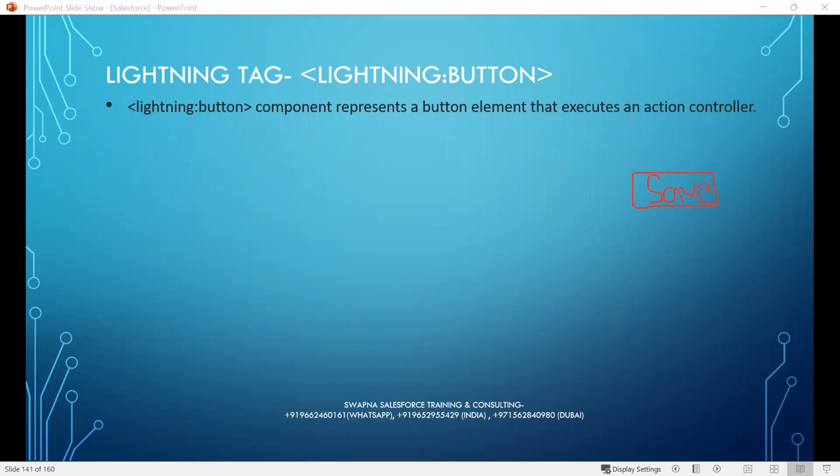Whenever the developer wants to implement any button in the lightning aura component, we use lightning colon button. And we are using three attributes. There are other attributes we will see in our live sessions, but right now it is required: variant, label, and